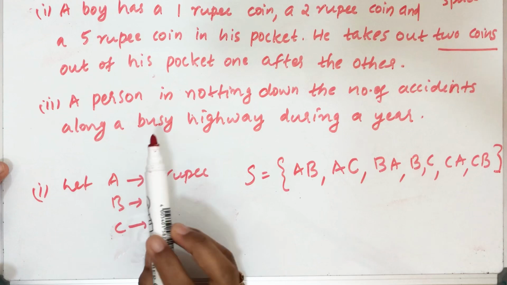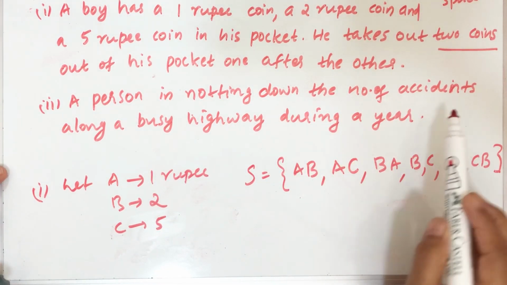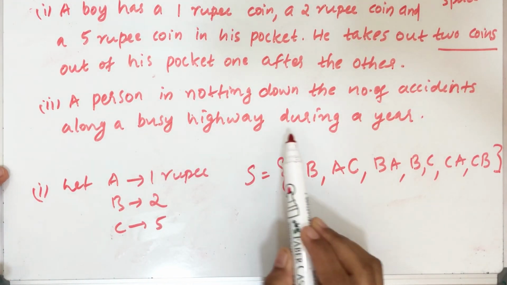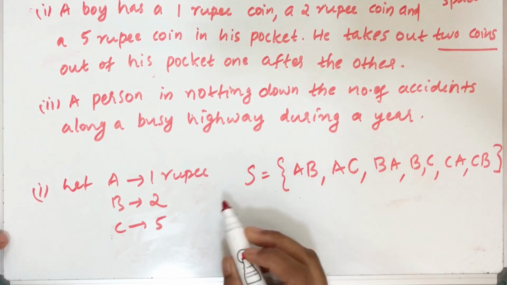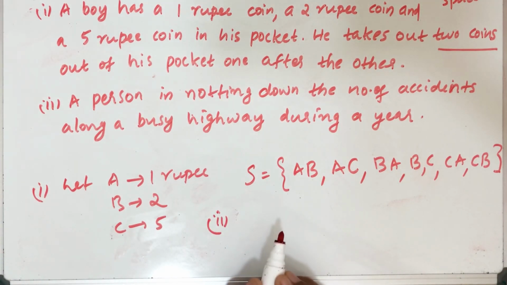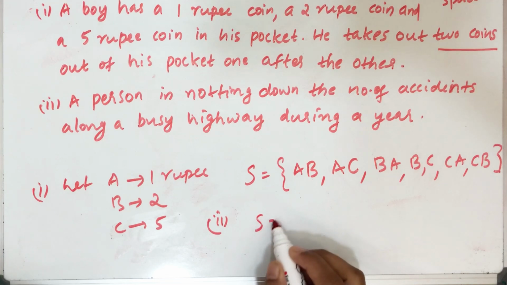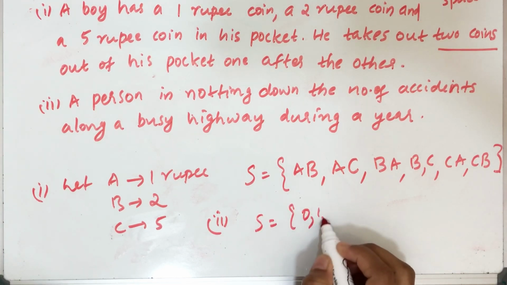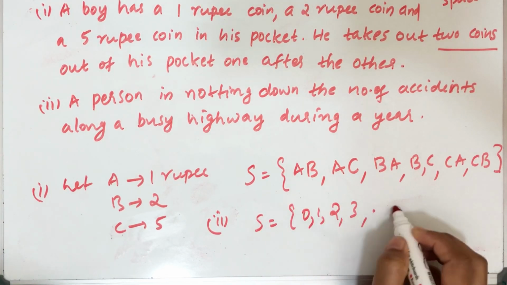And a second one, see, a person is noting down the number of accidents along a busy highway during a year. Number of accidents along a busy highway. It can be 0 or 1 accident or 2 accidents or 3 accidents, etc. So we can say S is equal to {0, 1, 2, 3, etc.}